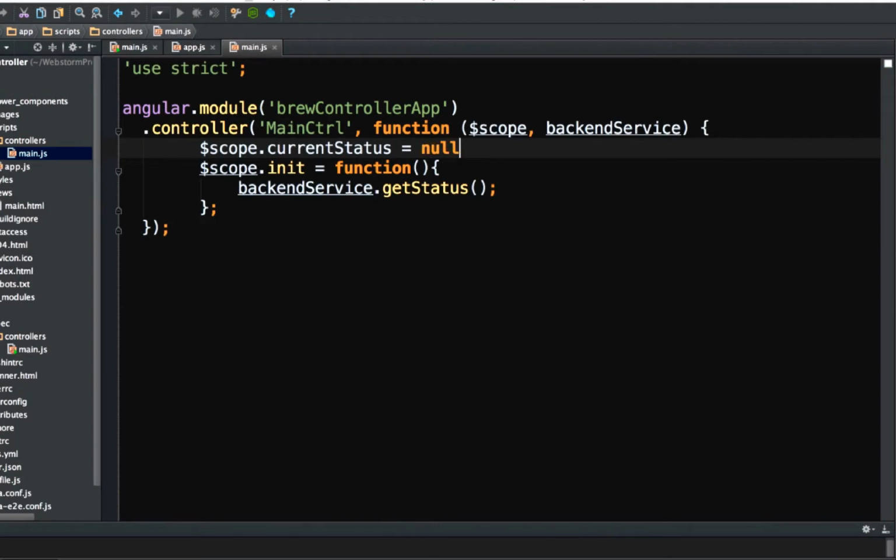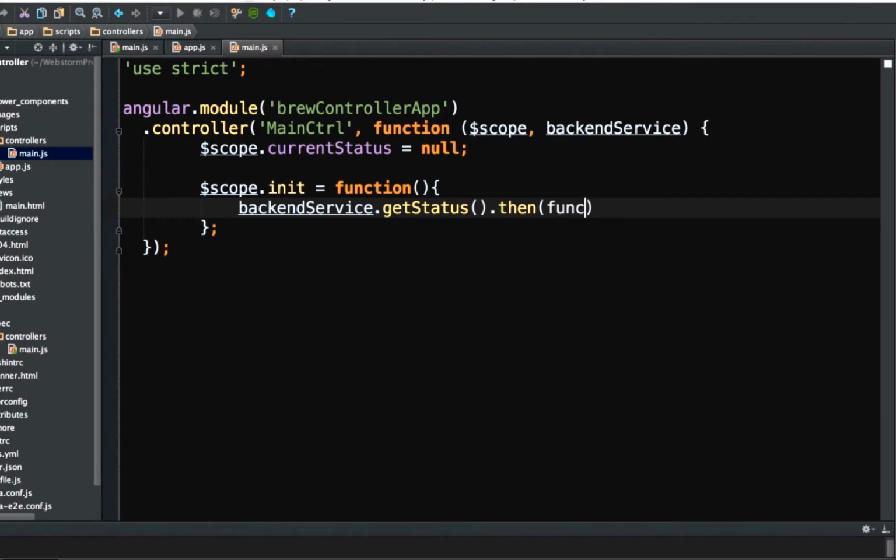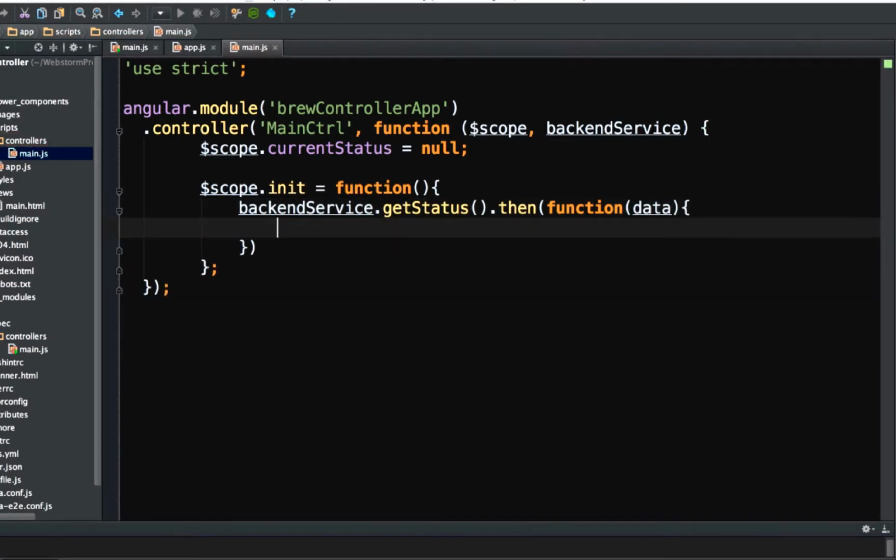We'll default it to null, although actually it defaults to that, but since I know I'm going to use the then, because I want to wait till the call to the server comes back before I do anything, I'll go ahead and do function, and we'll call it data. We'll put a semicolon after this, and then say scope.current